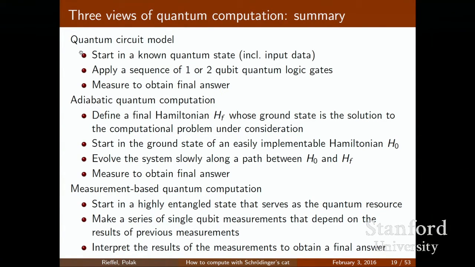And finally, there is measurement-based quantum computation, which is quite counterintuitive. It starts with a very complex, highly entangled state. And all that happens is you measure individual qubits in that state. And the measurement you perform, the basis you perform it in, depends on previous measurements. And so just by measuring qubits, you can create an arbitrary quantum algorithm. It turns out that all of these three models of computation are, give or take a polynomial factor, equivalent.